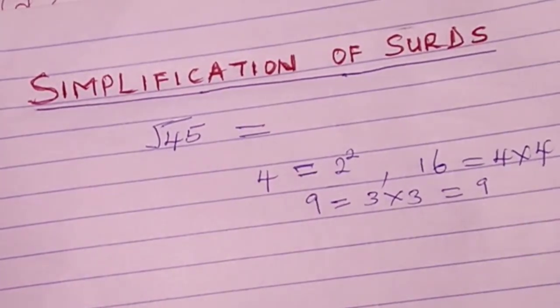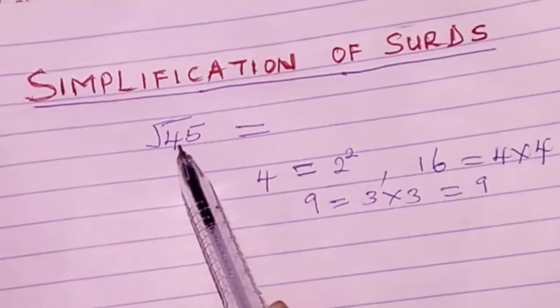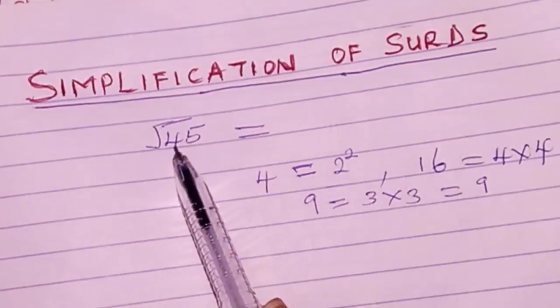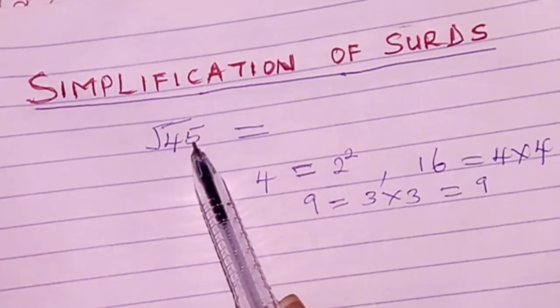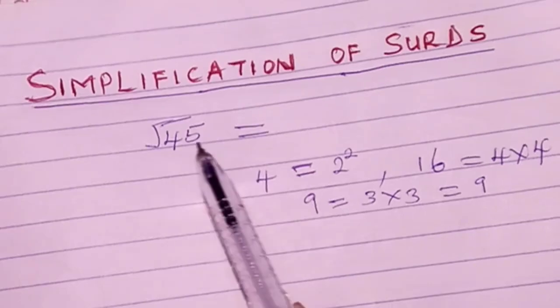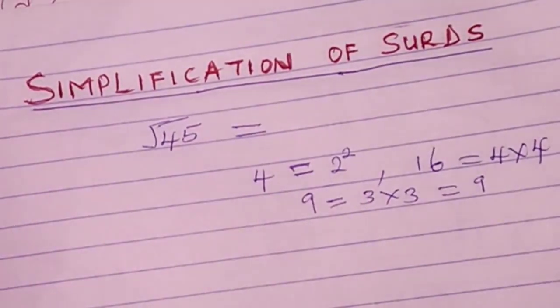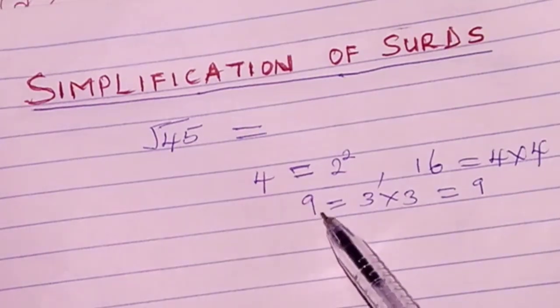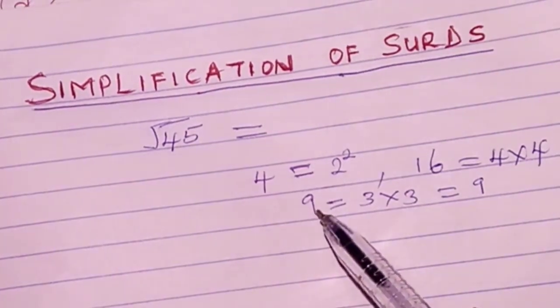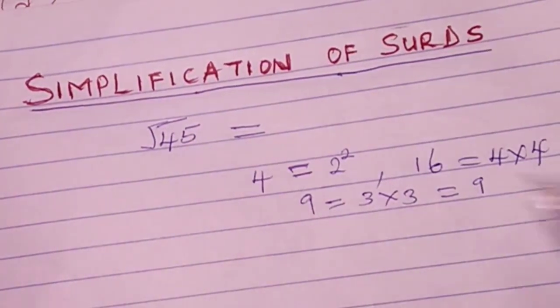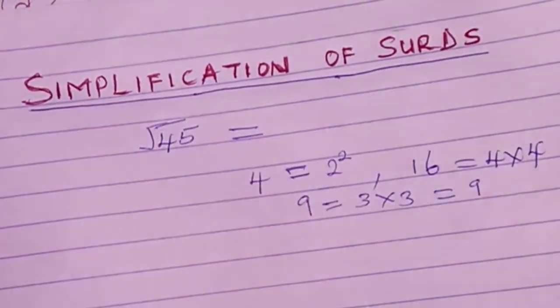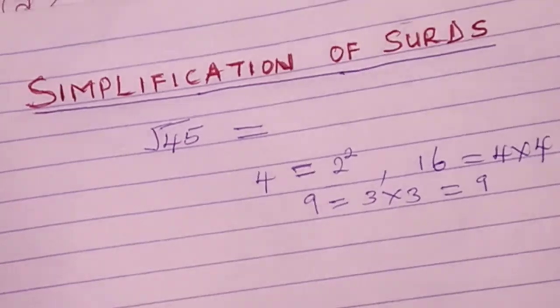Now I'm going to look for two numbers that when multiplied will give me 45, but at least one of the numbers should be a perfect square. If I pick 9 multiplied by 5, that is going to give me 45. 5 times 9 is 45. So